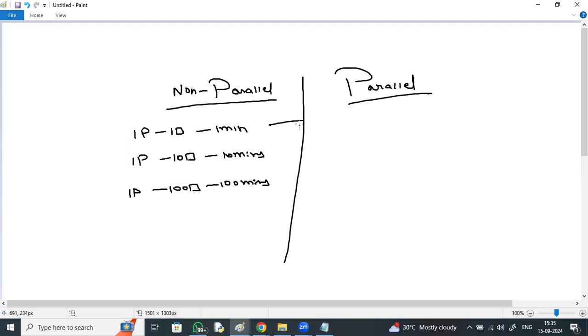But in parallel processing, one item takes 1 minute, 10 items take 1 minute, and 100 items also take 1 minute, because 10 persons prepare 10 items in 1 minute, and 100 persons working parallelly prepare 100 items in 1 minute. Here they are persons, but in our terminology they are systems.